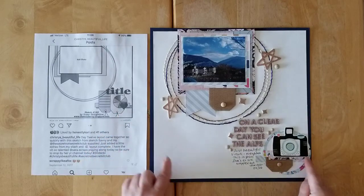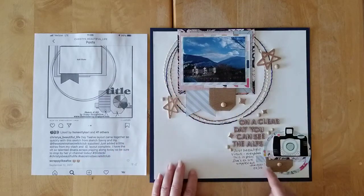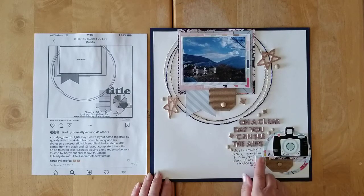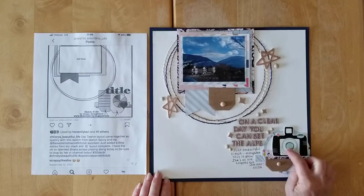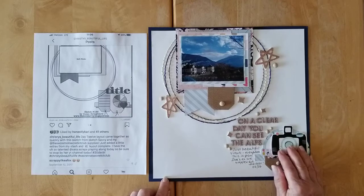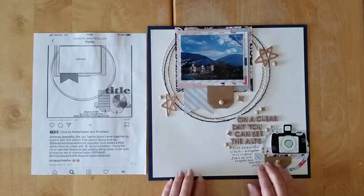So I did do the small layers in the background, which are just cut-offs from the layers that I used as matting here. This circle was on my desk from my July How to Kill a Kit, and I still have this little outline, so I tucked it in. This camera I've been trying to use is from a Dear Lizzie sticker, and I thought, you know what? It just fits perfectly there. I put it up on foam, and there it is. I tucked in the bottom part here of just one of those gorgeous corrugated